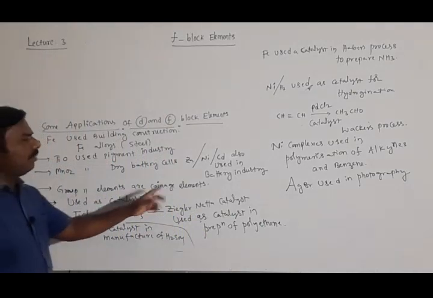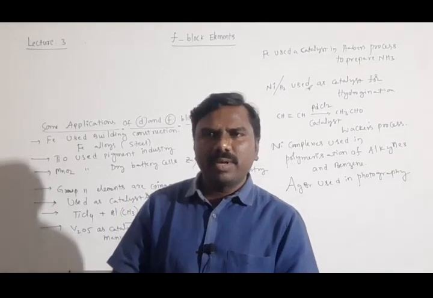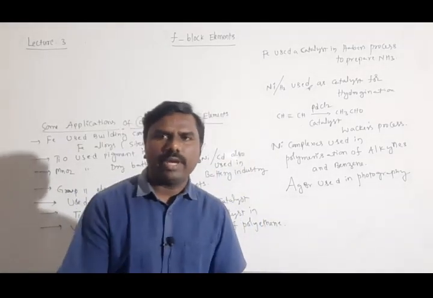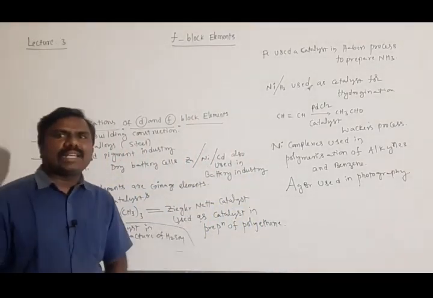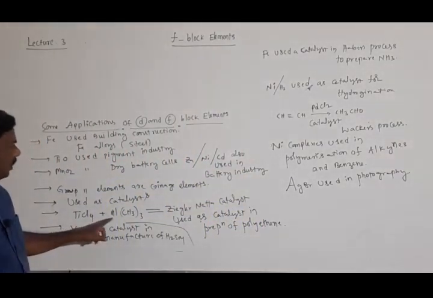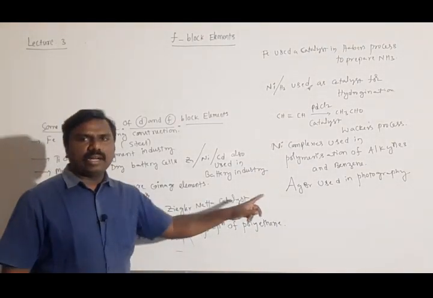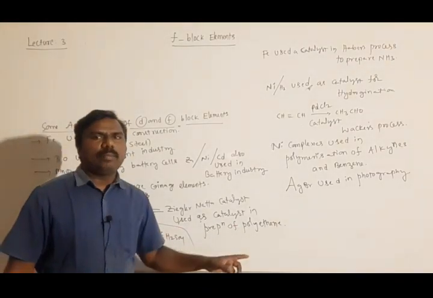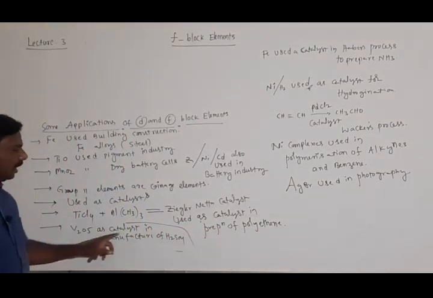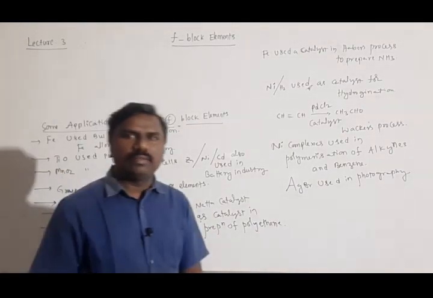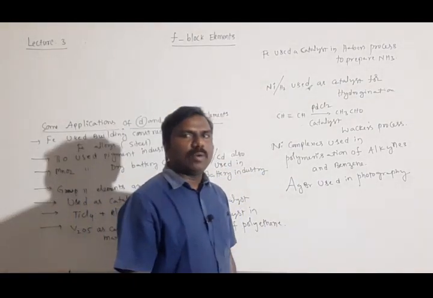Group 11 elements are called coinage elements. It means a mixture of 2 or more elements forms different coins, copper coins, silver coins, gold coins, like that. These are all used as catalysts in many processes. TiCl4 and trimethyl aluminum are called Ziegler-Natta catalyst, used for polyethylene preparation as a catalyst. Next, vanadium pentoxide is used as a catalyst in sulfuric acid, we discussed already. Iron is used as a catalyst in the Haber's process to prepare ammonia.